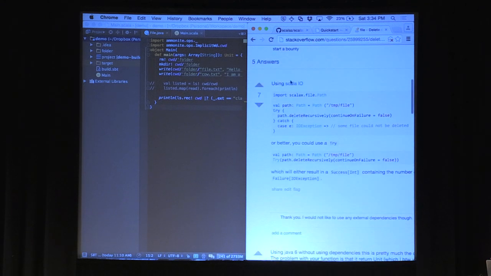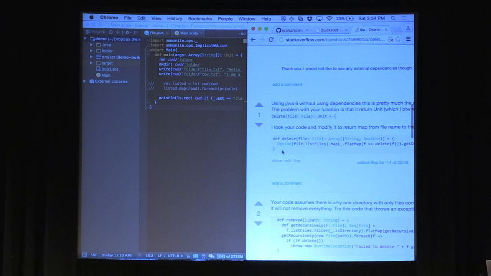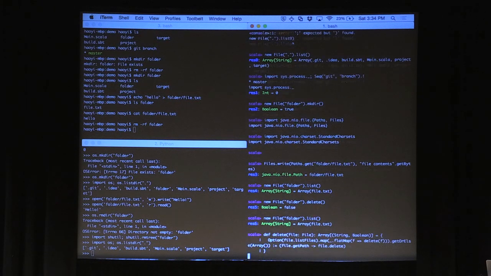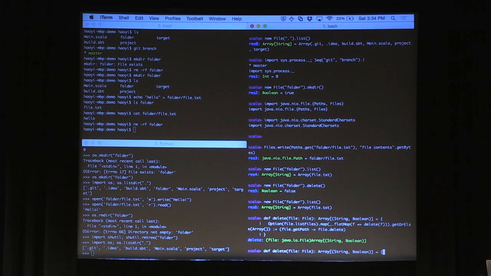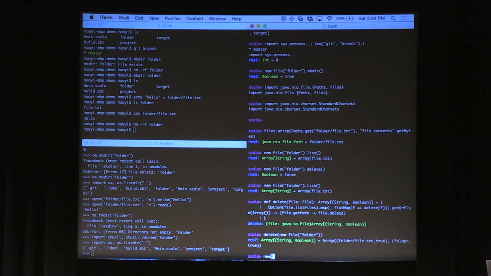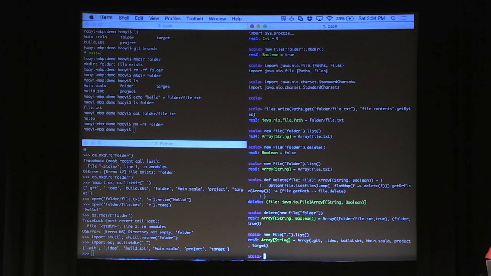I could use Scala IO, but apparently that's dead for the last 4 years, so let's not use that. Here's something that's not dead. It's simple, delete file, and I want to delete that. And if I new File dot list, it's gone.